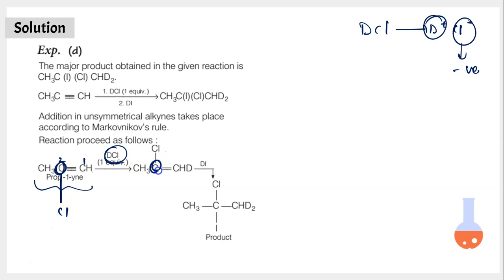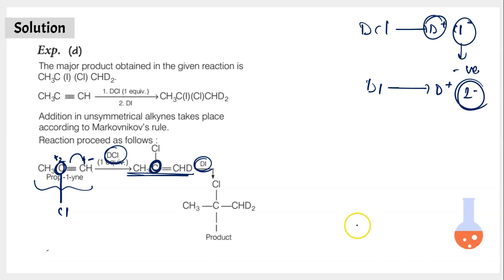So carbon will be connected to this carbon, the chlorine will be connected to this carbon, and deuterium obviously should now be connected to the adjacent carbon, which in turn means that this carbon is positive, this carbon is a negative carbon, and the bond shifting, the pi electrons have been shifted towards carbon number 1. So this is the product of step 1, and after that we are moving towards step 2, isn't it? Step 2, you have got DI, dissociate DI, D plus and I minus. Here is the negative radical.